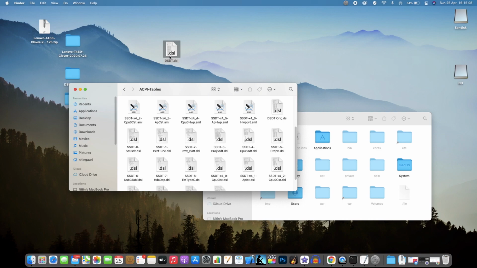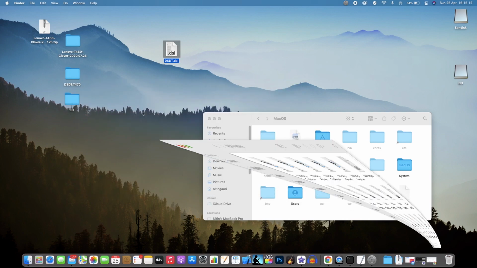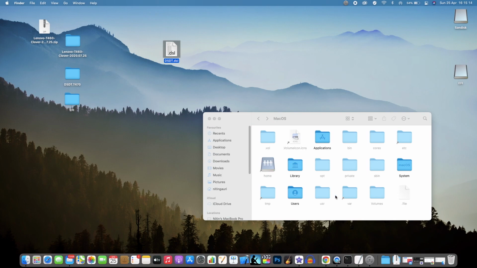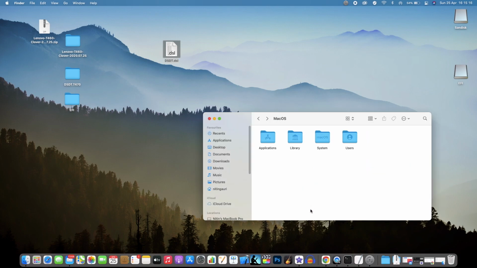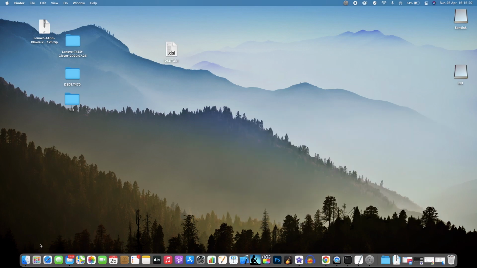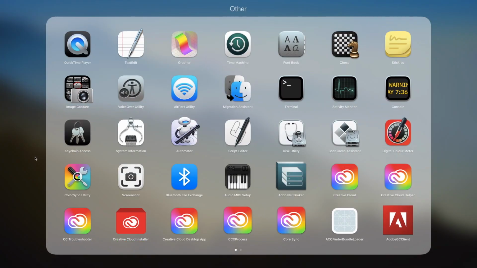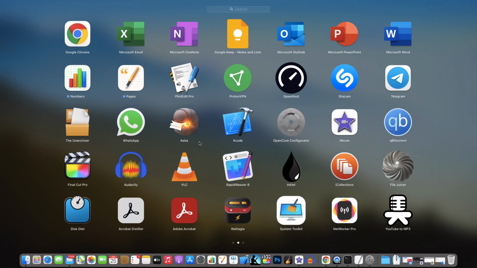Just pick out this file from here. All we need, guys, is this particular file. Disable hidden folders. As we have MaciASL, which is already installed with us.